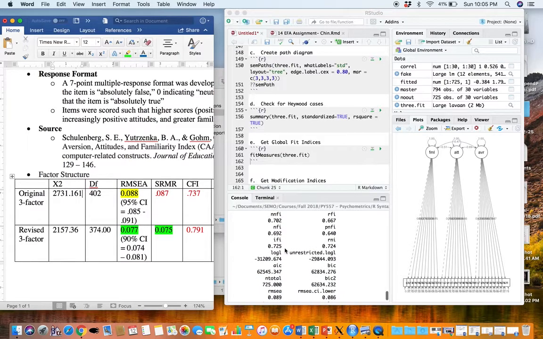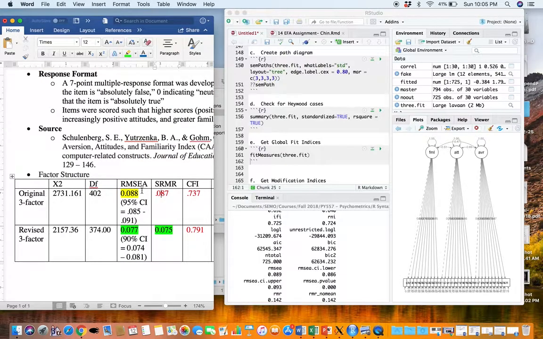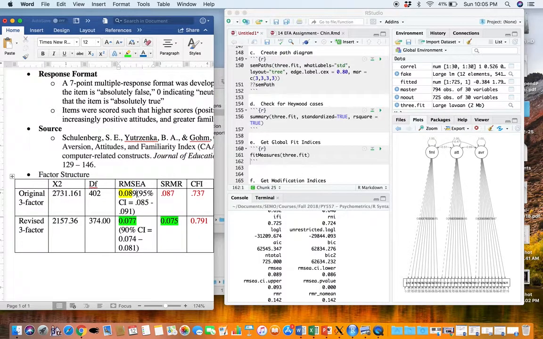And then RMSEA is 0.089. I think these values are coming from when I did not reverse score the items for the third factor. But as you can see, it's not going to change the results a whole lot, even with this reverse scoring up here. So 0.089,